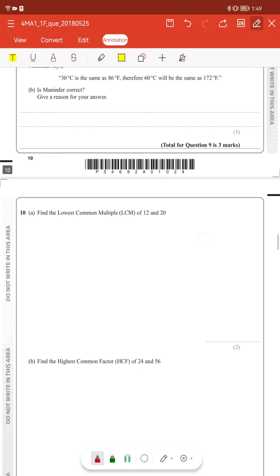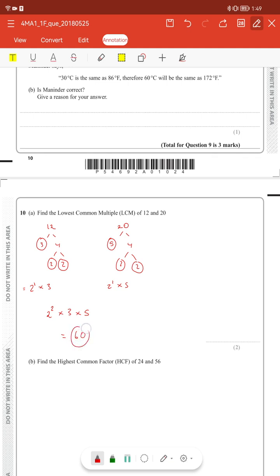Find the lowest common multiple of 12 and 20. So what we're going to do is split them up. So 12 is the same as 3 times 4. And if we split them up into prime factors, do the same for 20. And we get these. So 12 is the same as 2 squared times 3. And 20 is the same as 2 squared times 5. So the lowest common multiple is going to be 2 squared times 3 times 5, which is going to be